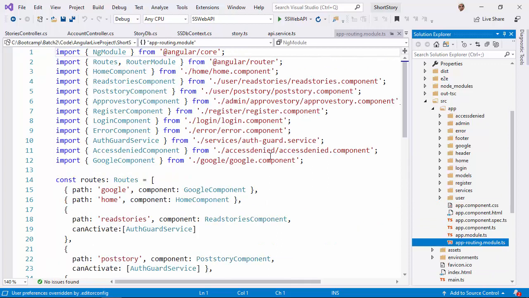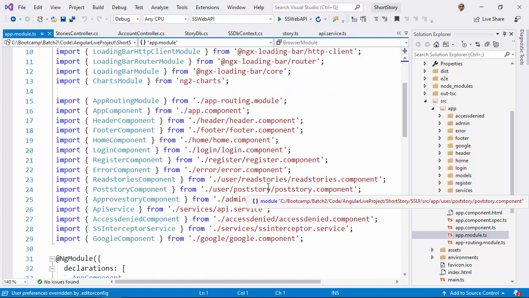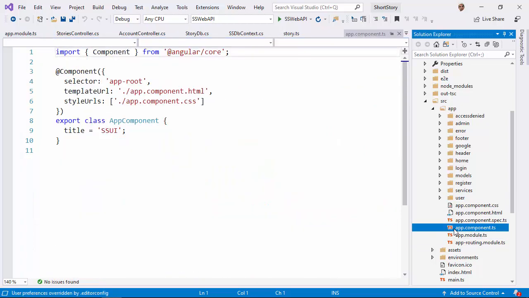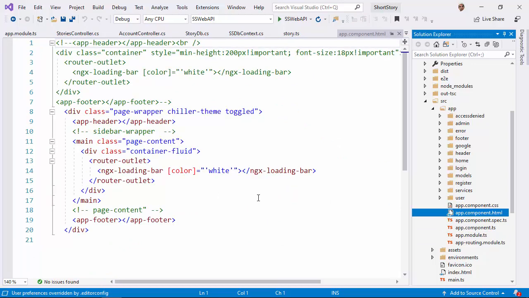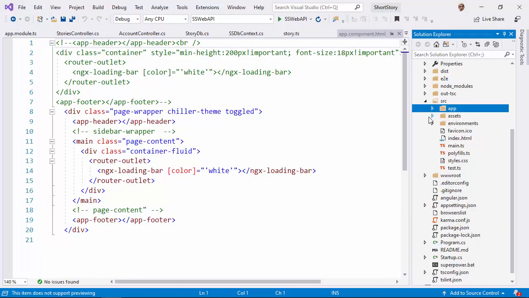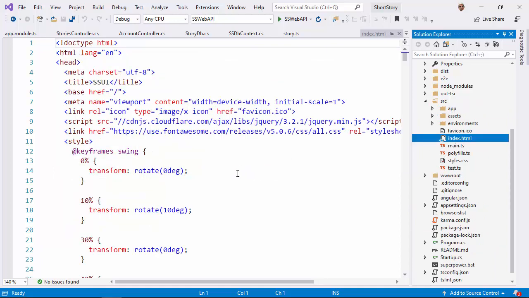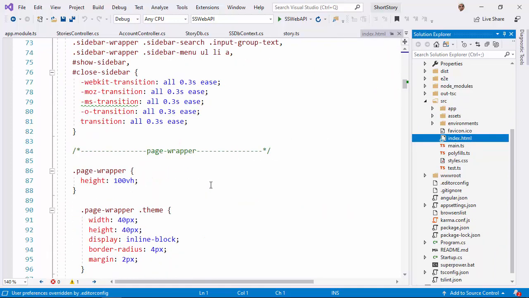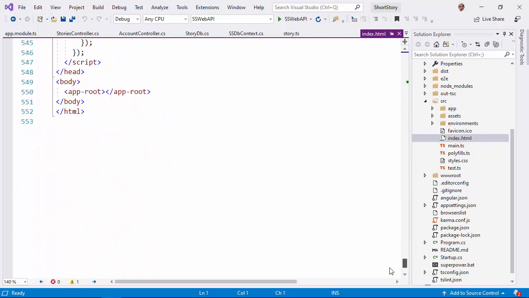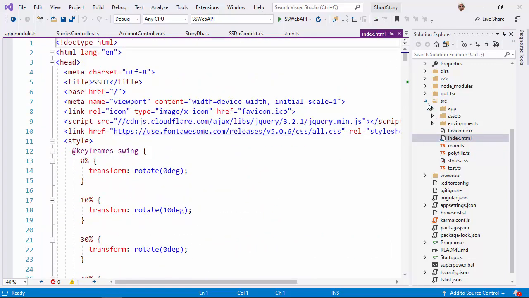And we have our separate routing module, and we are going to integrate that in our app.module. And this is our main component, app.component, and we are implementing sidebar navigation in our index page with a predefined style that we have. So we are going to learn all these things.